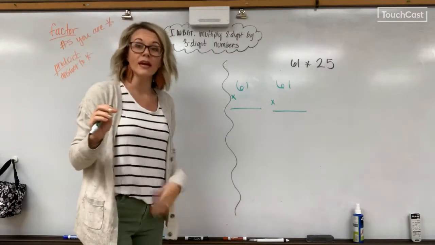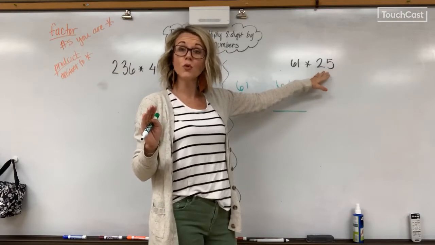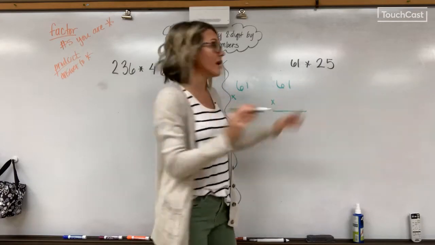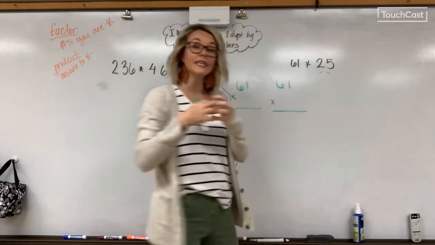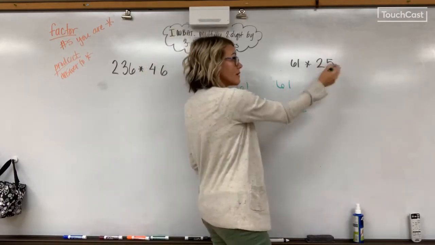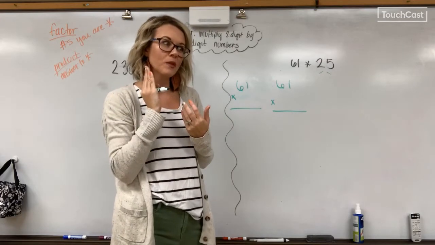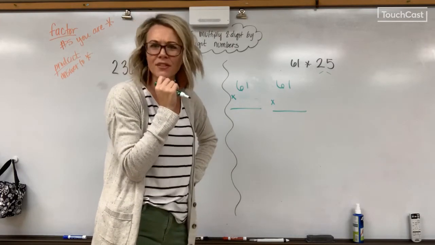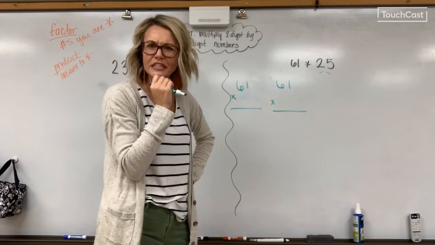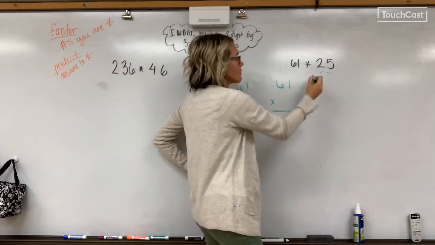What I am doing is I'm looking at my second factor. So 25 is my second factor. And I'm going to break it apart by place value, or I'm going to decompose it. So 25, if I decompose it by place value, like expanded form, it's funny how everything in math eventually ties in together. So 25, I'm going to break it apart by place value or expanded form, and it's